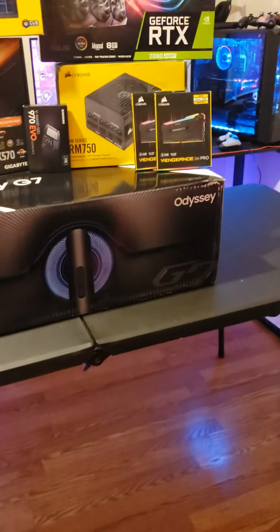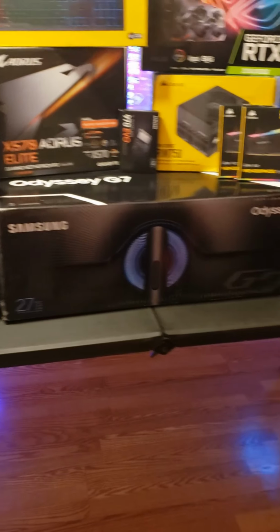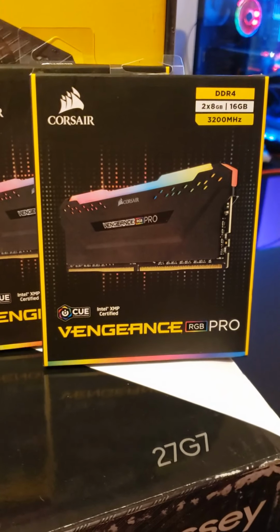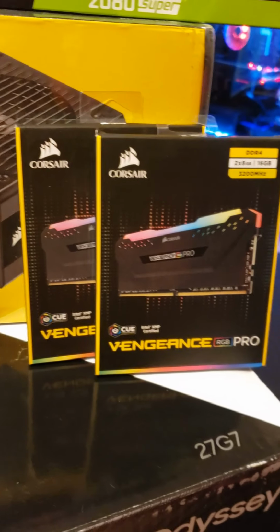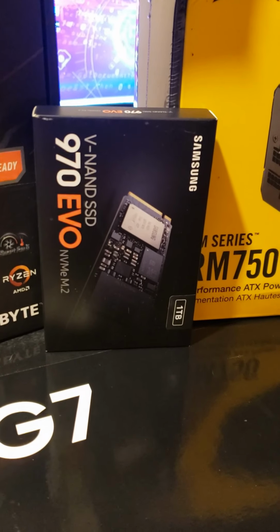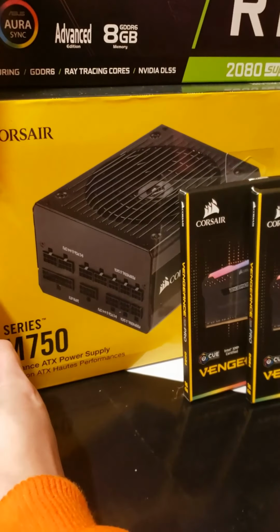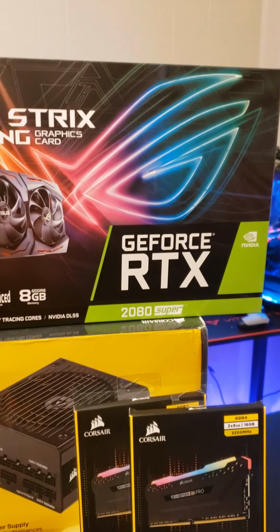We're starting off with the 27-inch Samsung Odyssey G7 as the monitor. We have the Corsair Vengeance RGB Pro RAM. They're 16 gigabyte to 8 gigabytes. We got 4 total. And then we have the 970 Evo SSD. We have the RM750 for the power supply, Corsair. We have the ROG Strix Gaming Graphics Card, 2080 Super,